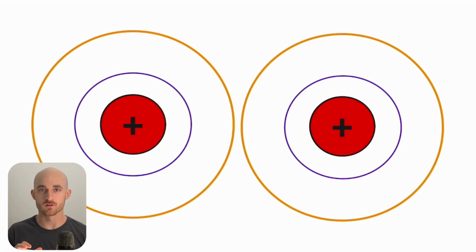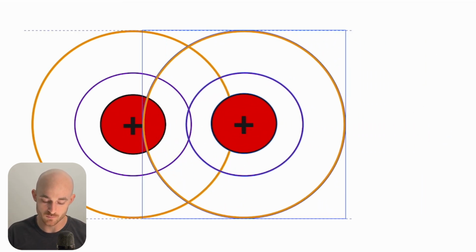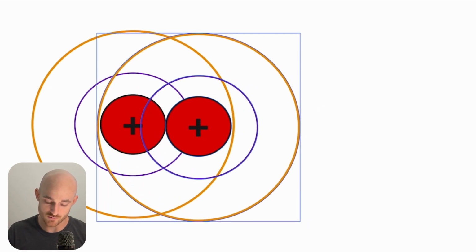The last topic that we'll cover is the strong nuclear force. Protons and neutrons exert an attractive force over other protons and neutrons whenever they're in extremely close proximity to one another. And that force is the strong nuclear force. I have represented that strong nuclear force with that purple line here. So if these two protons get close enough that the purple lines overlap, they will be attracted to one another